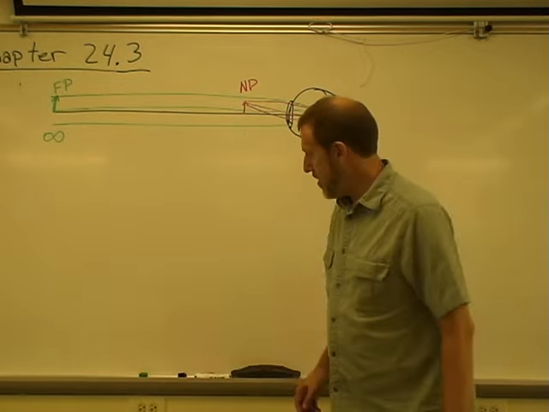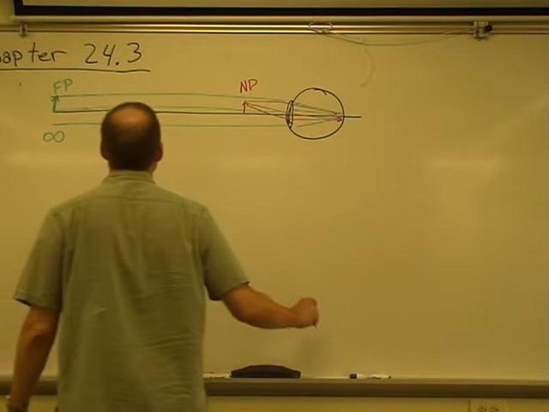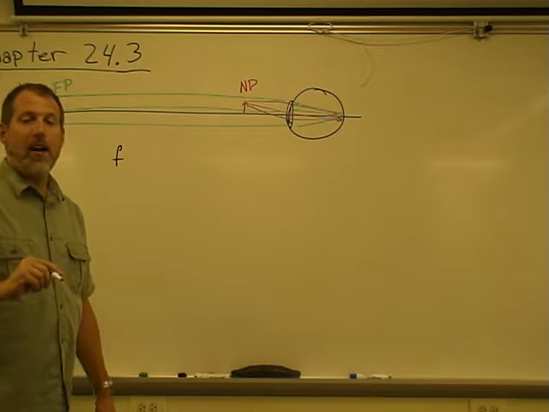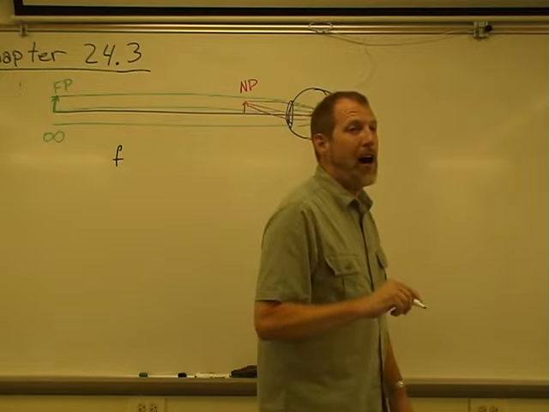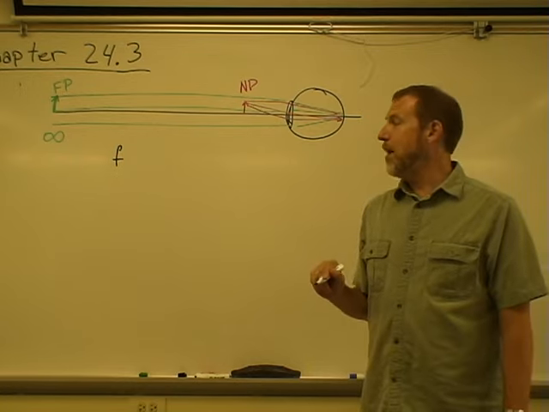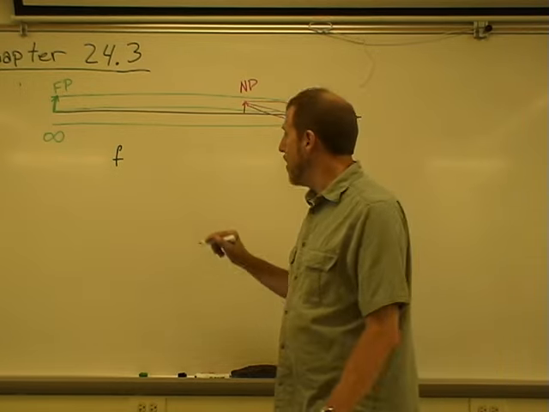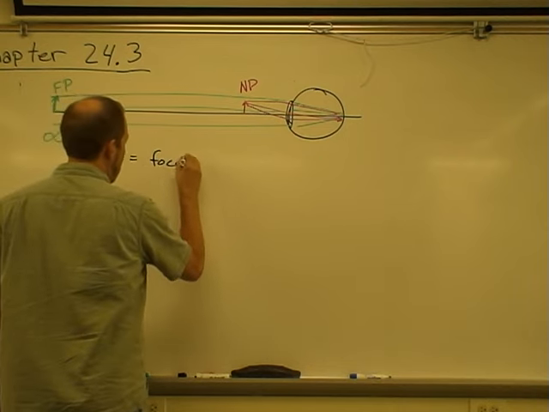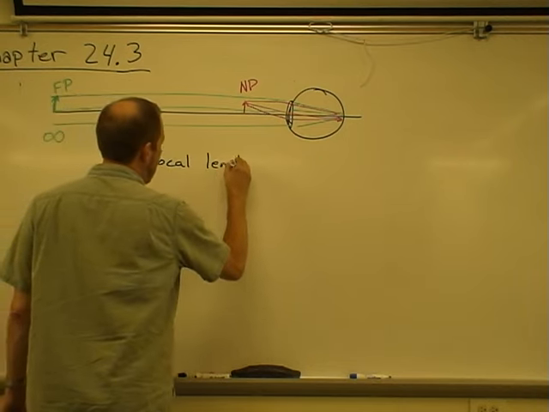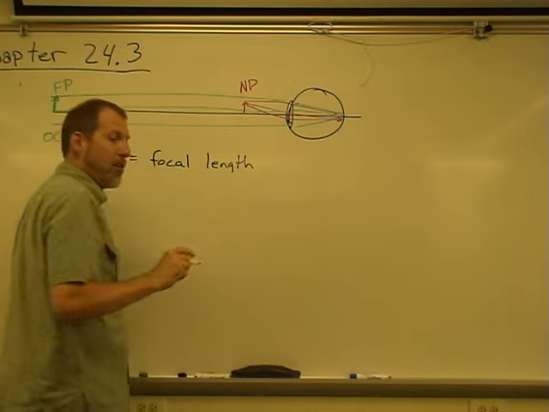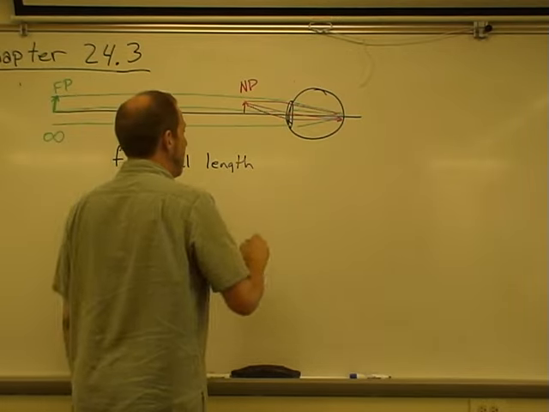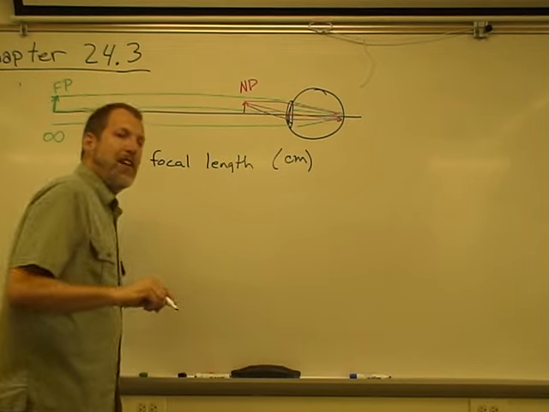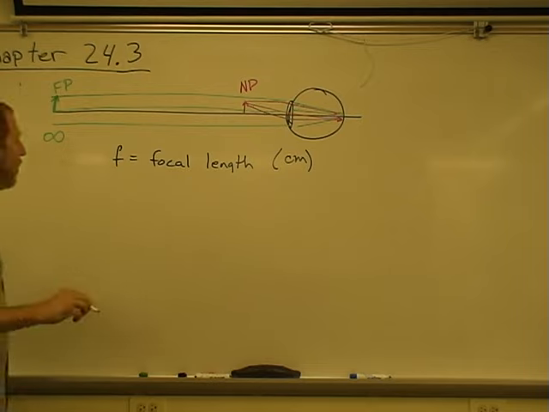Now, in an eyeglass, for a lens for one eye, typically that is one lens, and that one lens will have a focal length. Well, and that focal length will be in units of distance. Often, let's say centimeters. That's a reasonable scale. Now,